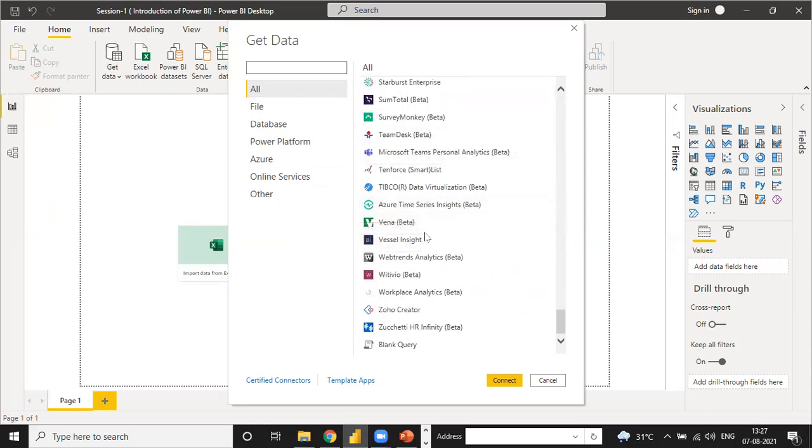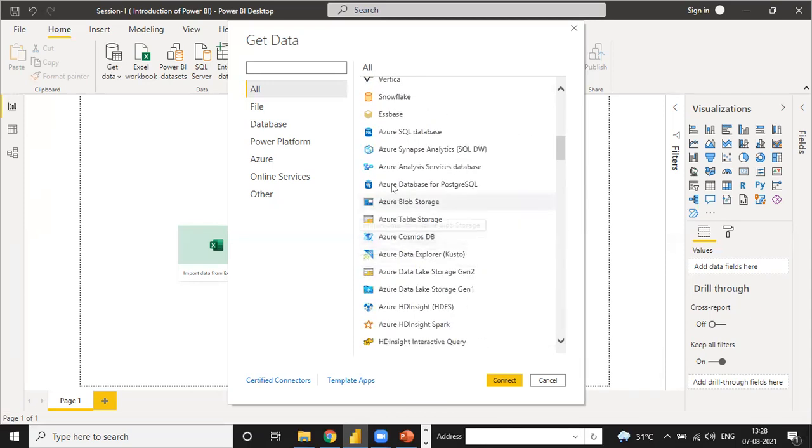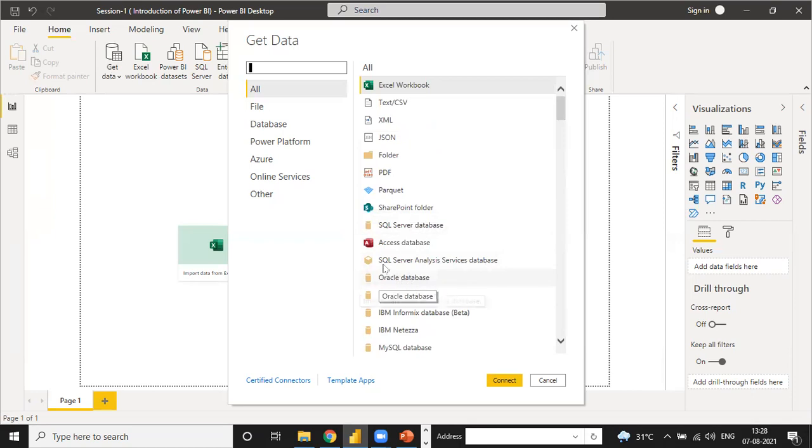Okay, so these kinds of databases are there to connect the sources. See, Microsoft Teams. Suppose you have any data in Microsoft Teams in tabular format or any other format, you can directly click Microsoft Teams, click access, enter the login ID and password, and your report is ready from there. Then see, Azure SQL server, PostgreSQL. You can directly pull out the report from there also. Next is Oracle database, SQL, Access. Suppose you have any report in Access, you can directly pull out the report from Access.